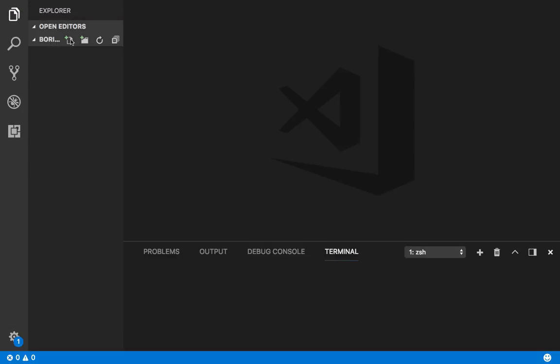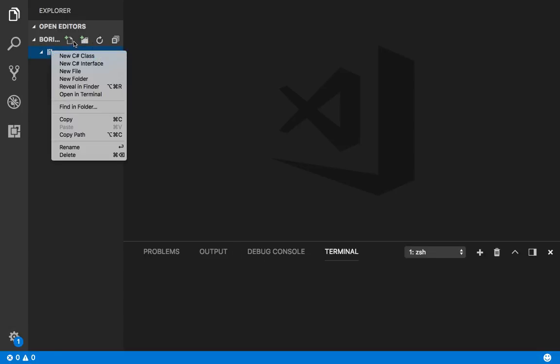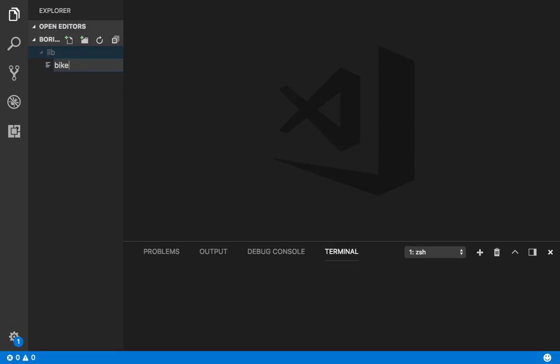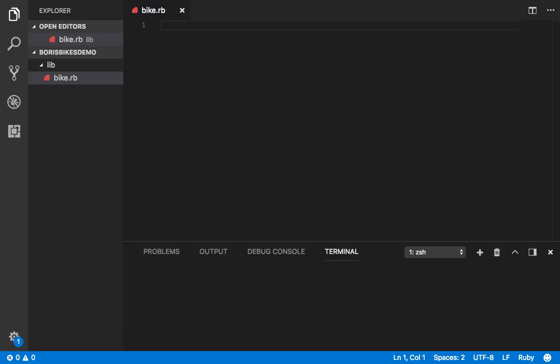So first of all, we're going to create two files. We're going to make bike. We're going to create a folder to start with, and we're going to call this lib, and then also we create a bike.rb. So we can start to edit our